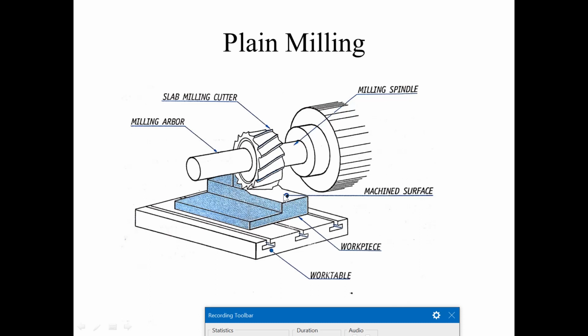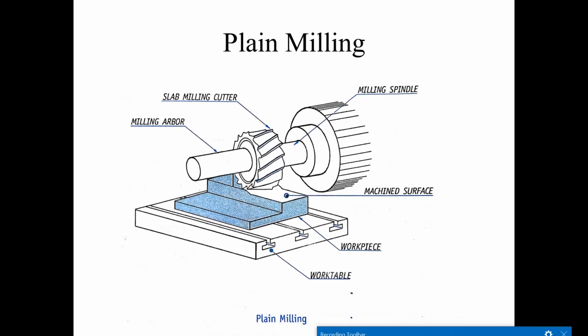The white surface that you observe is the machined surface, and this is the unmachined surface, where the metal has not yet been removed. That is the operation of plain milling. Again, we have the workpiece, which is rigidly fixed on a work table. About the work table and fixing with the jaws, we have explained it in types of milling machine.